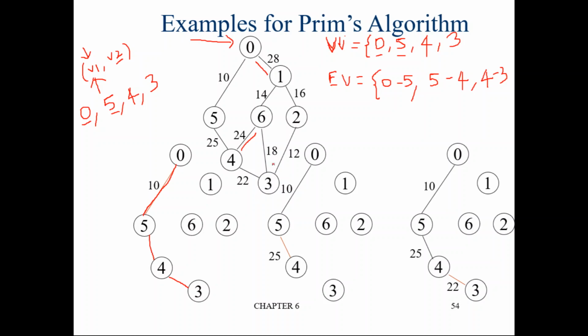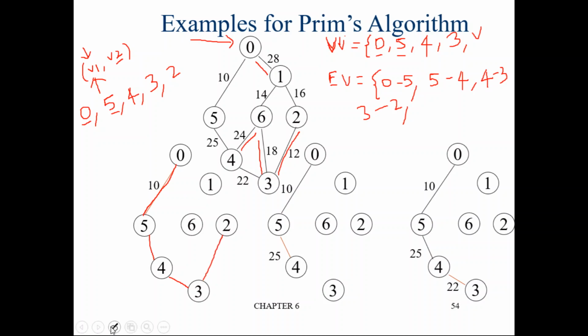Okay. So we have only 3 to 6 as one option, and 3 to 2 as another option. Out of these, which is the minimum cost edge? 3 to 2 is the minimum cost edge. So we will add 3 to 2. Now we got one more visited vertex. This is the end of the fourth round. Now from all these 5 vertices 2, 3, 4, 5 and 0 we have to identify an edge such that V1 is already in the tree and V2 is not in the tree.